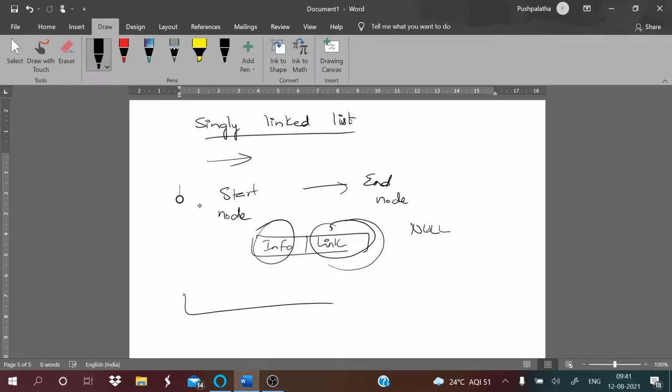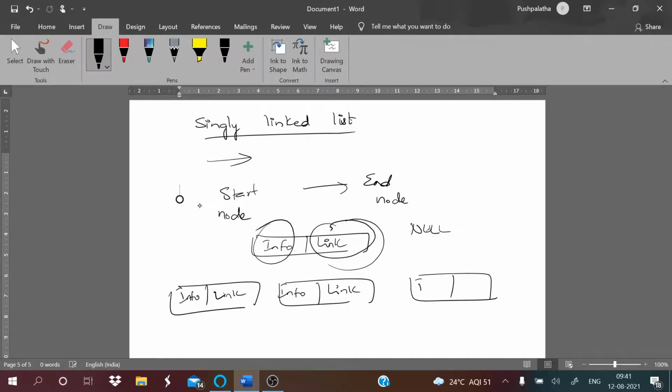So if you have your 3 nodes, this is your node 1, info and link. This is your node 2, info and link. This is your third node, you have your info here. This will be null because there are no other nodes further to that.